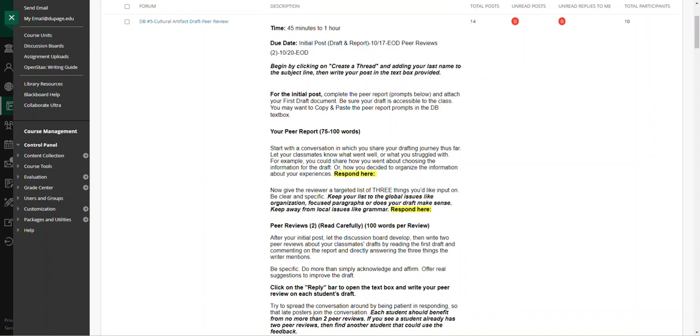And then also for the peer review responses there, for your two peer reviews, about 100 words per review at a minimum. I mean, this is a college writing class. One sentence, two sentences responding to the prompts or to the report is really not a peer review. I'm expecting some college level work and thinking here, some suggestions and critical review to move the draft forward,